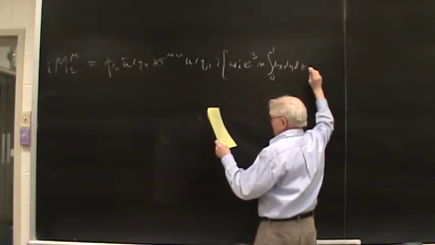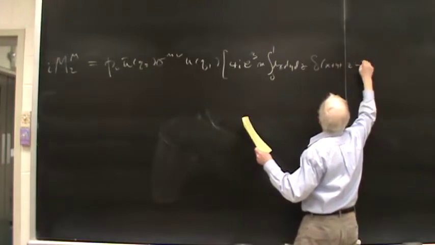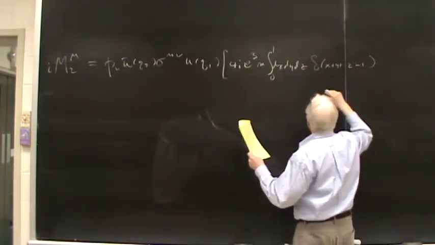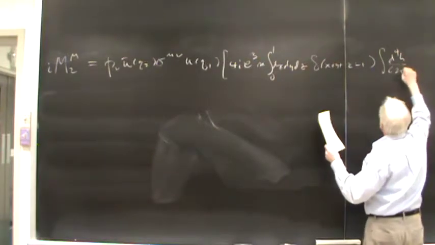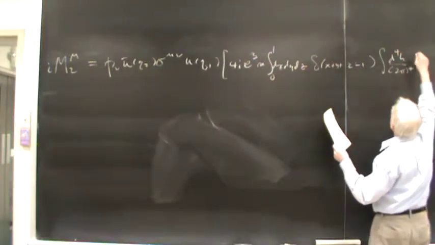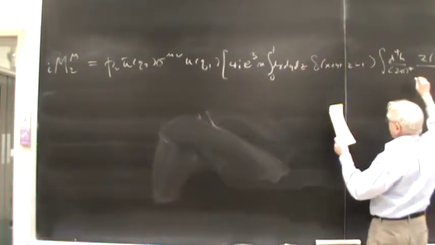They all go from 0 to 1, but they all have to add up to 1. And then you have the integral d fourth k over 2 pi to the fourth, and we're in Euclidean space here, so you have z(1 minus z) over